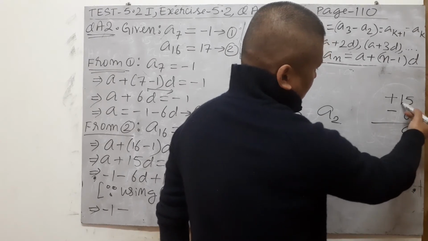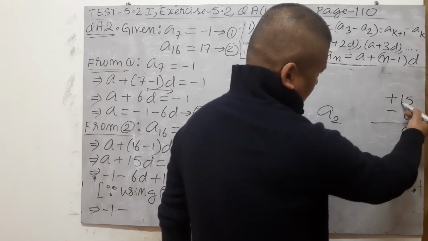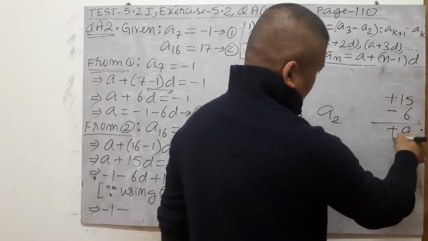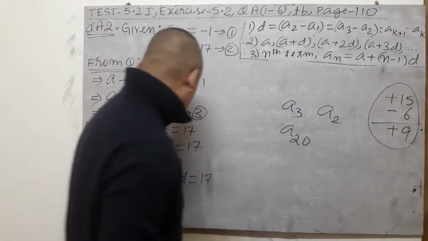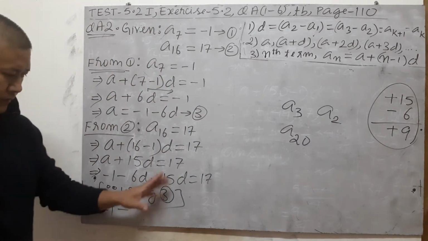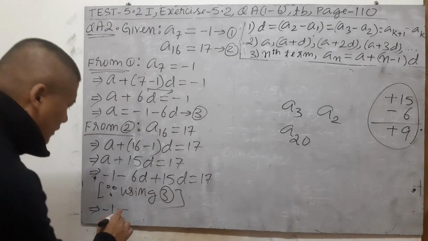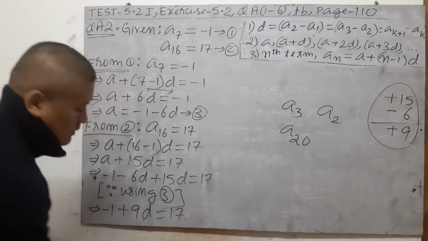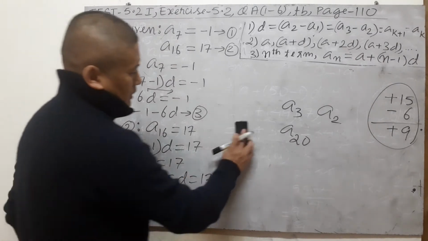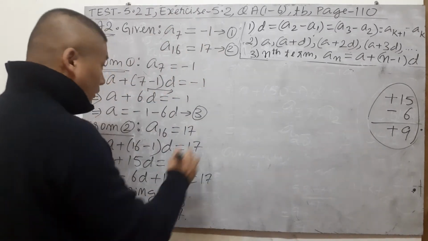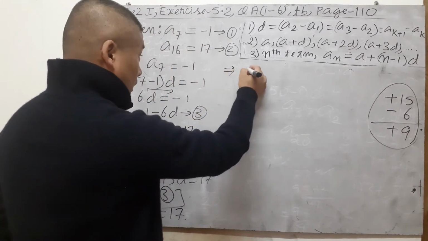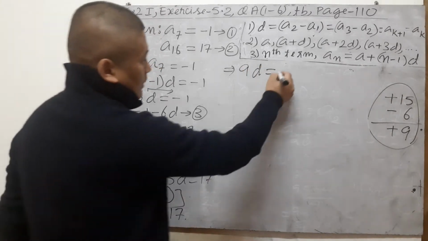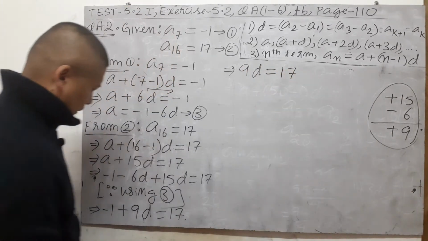To make 15 here, we borrowed 1 from here, so no more number is left, so that's all. The bigger is plus, so here also plus. So in other words, -6d plus 15d is plus 9d, which is equal to 17. Then as we proceed, we're going to get here 9d, just keep that as it is, and here 17 just as it is, and then shift this -1 to